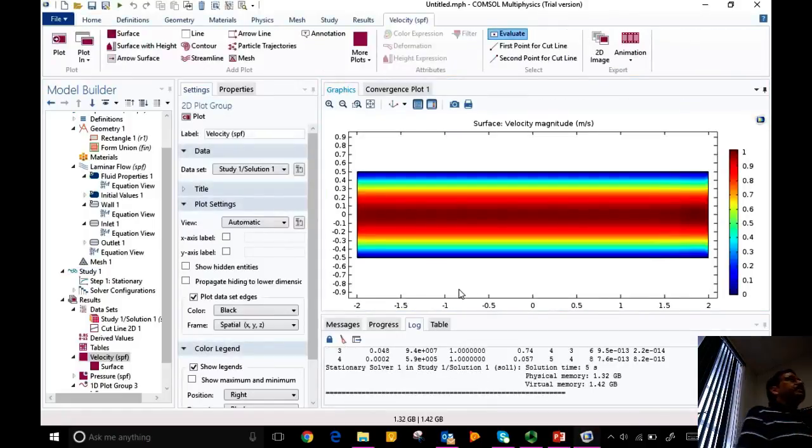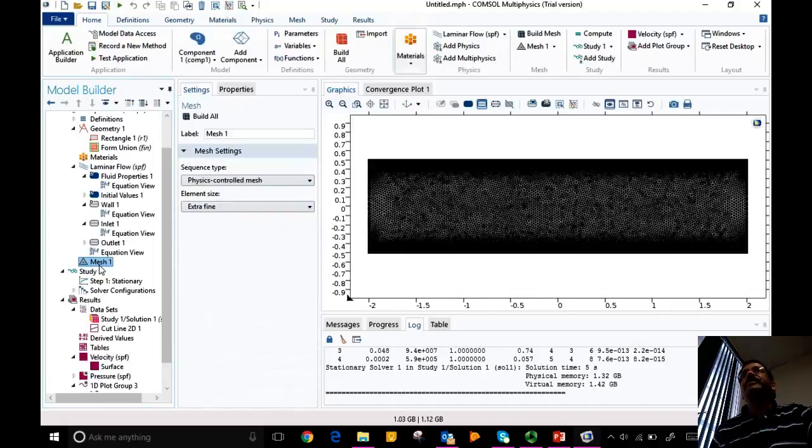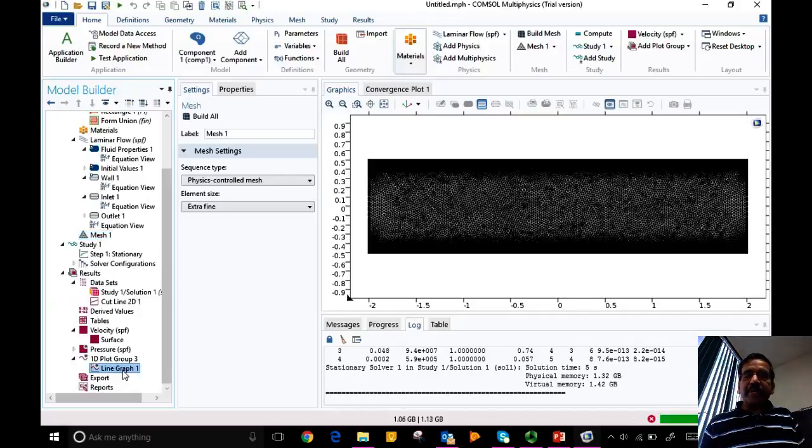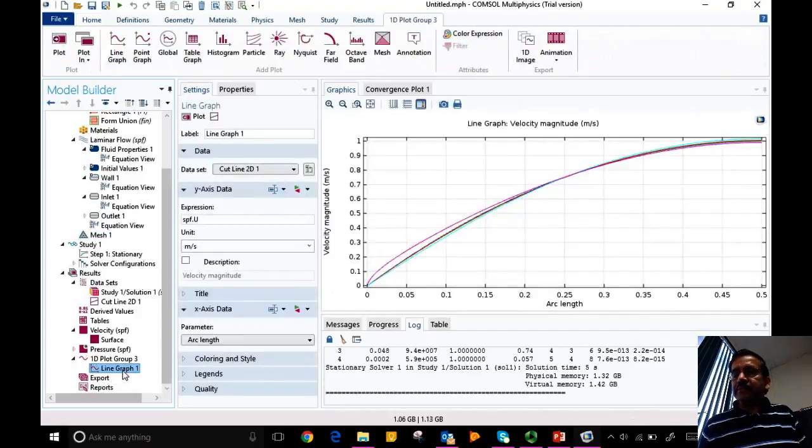See, there you see the fully developed flow. There is no boundary development. And if you are curious what kind of mesh it used, you can see that. And this, it did rebuild because we changed the geometry, so it has to rebuild the mesh. And if you go to the plot, it may have problems because we changed